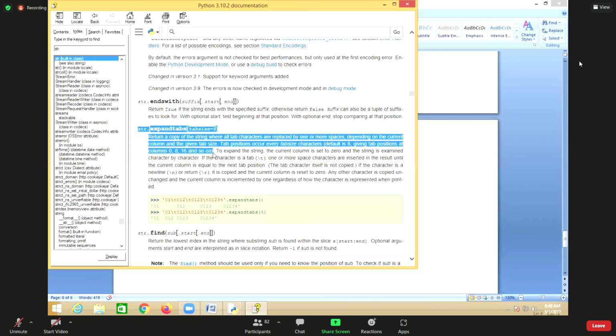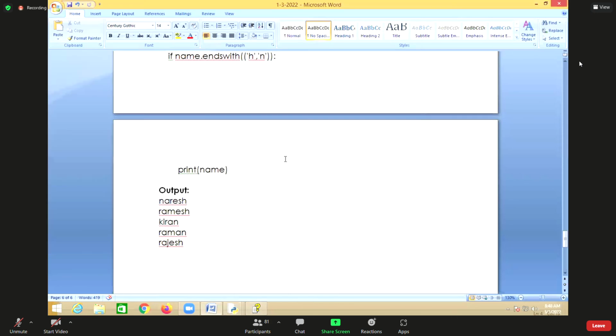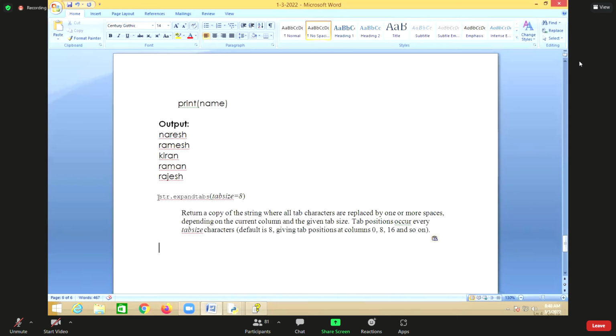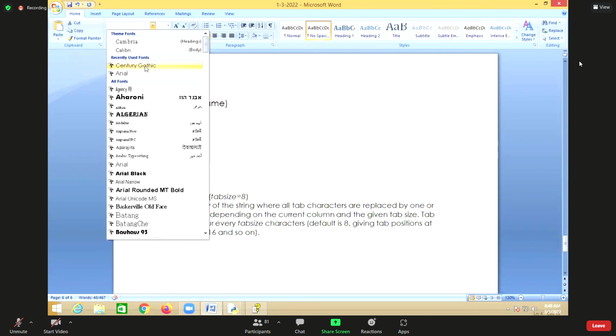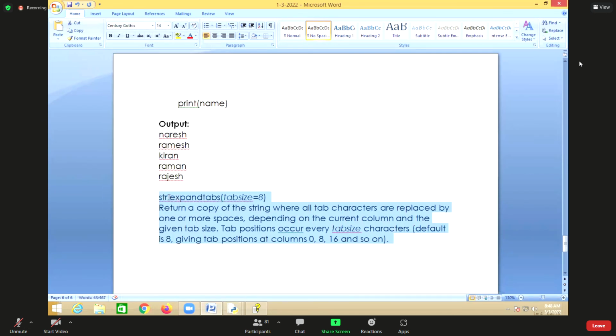Now there is endswith, and there is expandtabs. There is one method called expandtabs. str.expandtabs returns a copy of the string where all tab characters